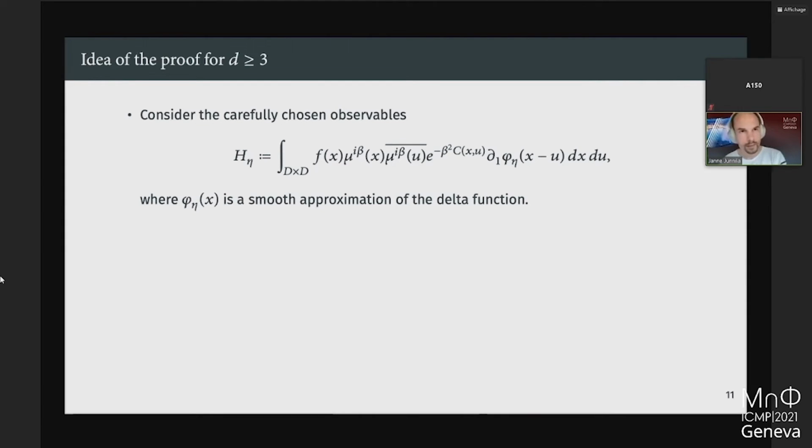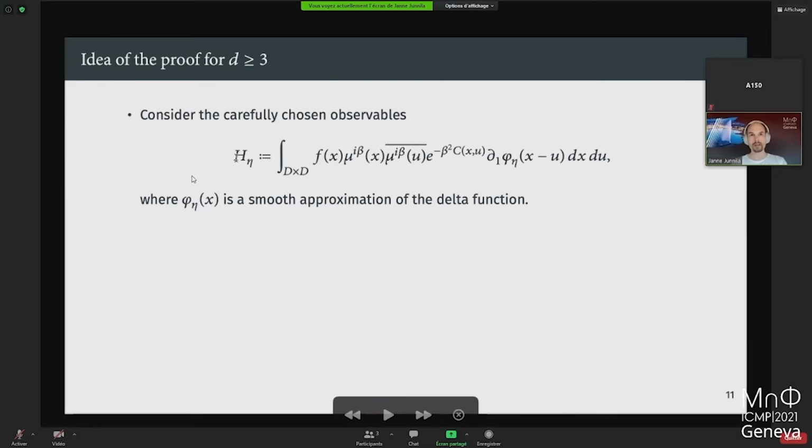So let me give a brief slide on the idea for the proof for d larger than or equal to 3. What you start with are pretty carefully chosen observables. You look at these random variables h eta, where